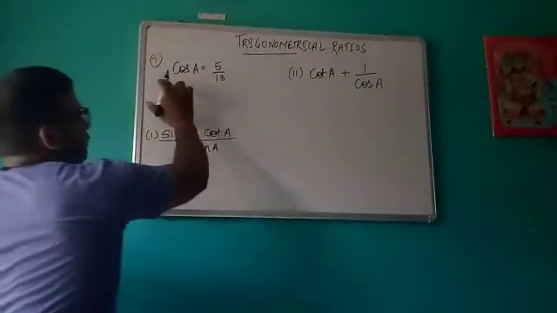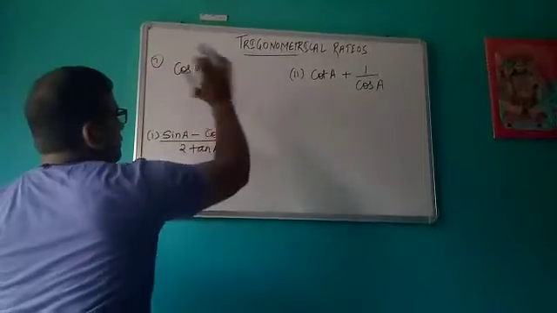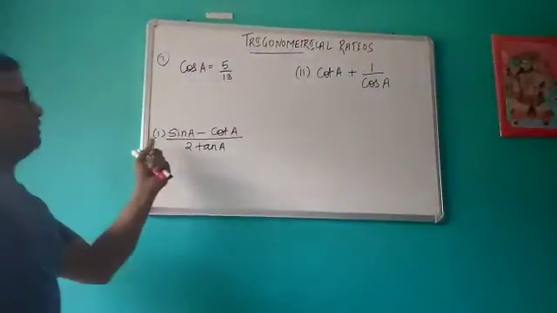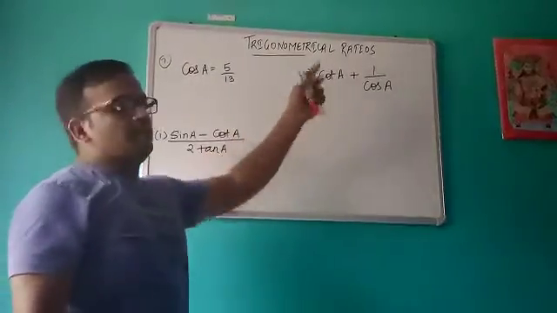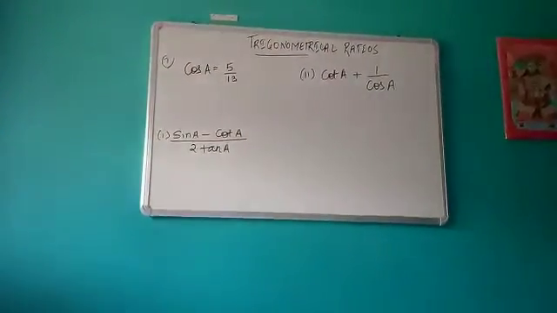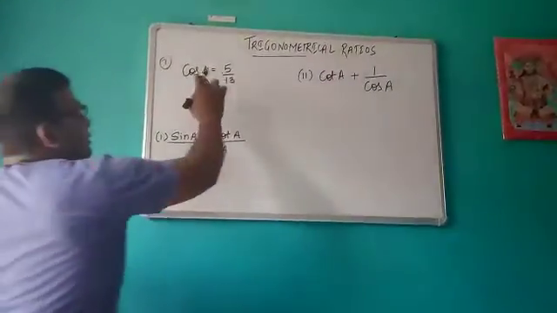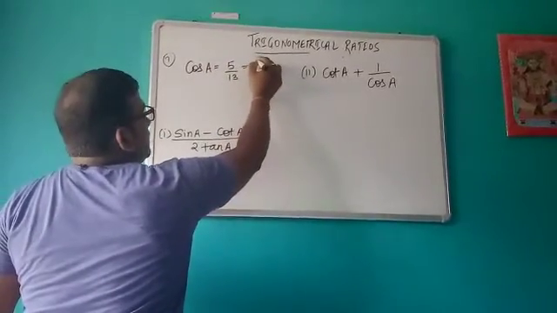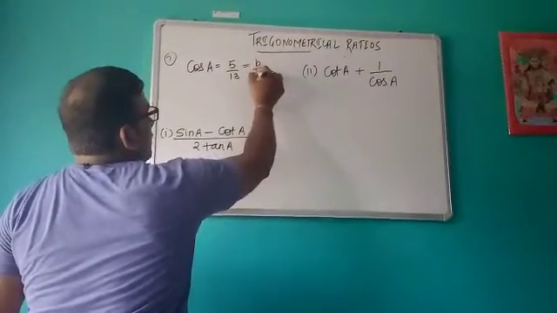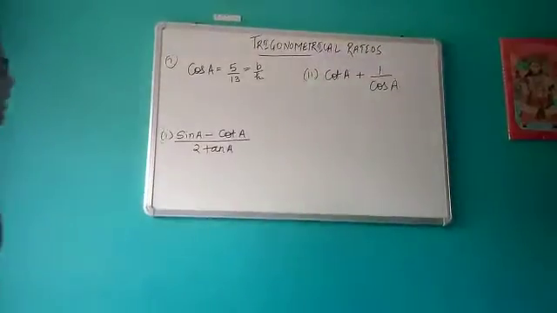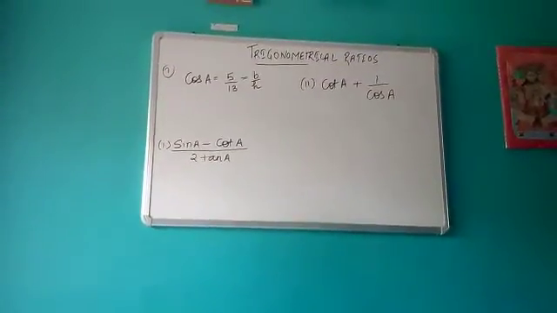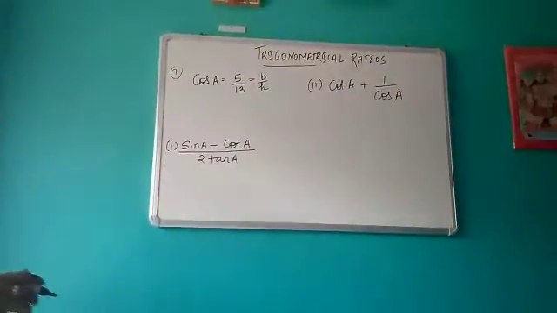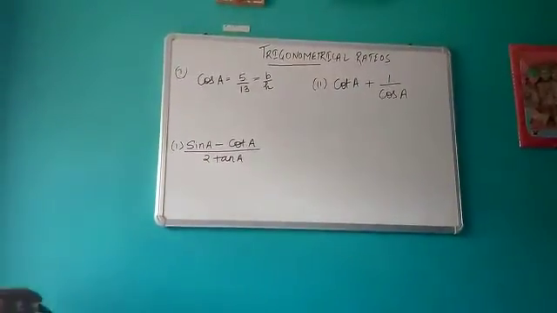Suppose the value of any one trigonometric ratio is given, and with the help of this we have to find the values of other trigonometric ratios or the value of these types of expressions. So how do we proceed in these type of questions? So what do we know about cos A? So cos A is actually B upon H. Okay, so what will we do? See, I will tell you two ways. By two ways we can solve this type of questions.